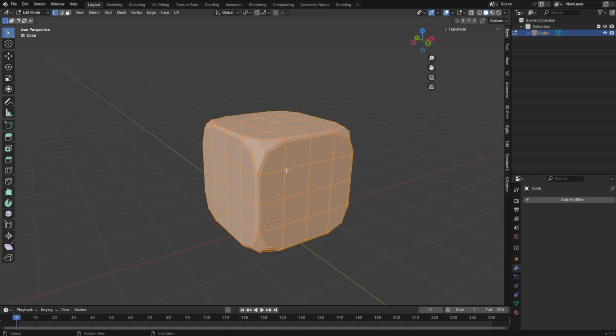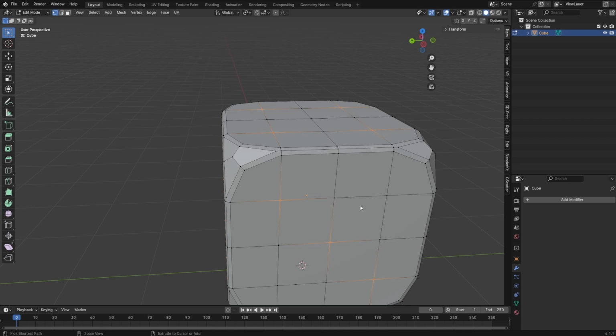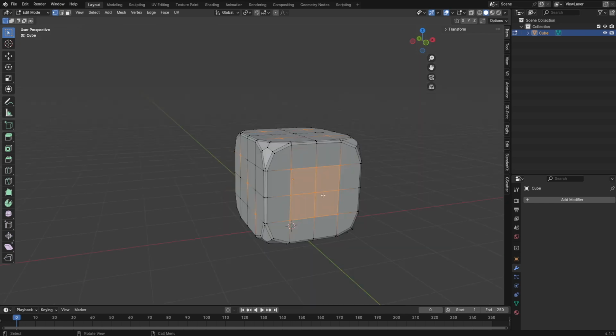Press 1 on our number pad, and from here, we can start designing out our cube. Don't forget to also save the work that you've already created. So press Ctrl S and save your project so you don't lose the files. We still got everything selected. So from here, we can